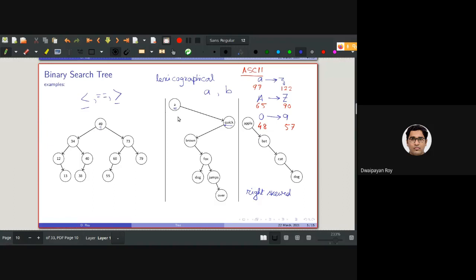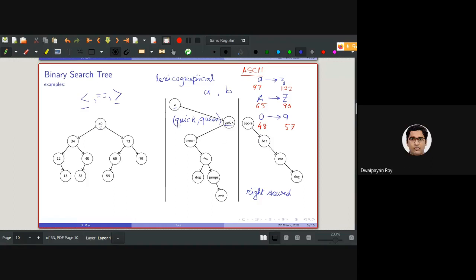So for example, say quick and queen. We need to compare quick and queen. So how do we compare them? The first two characters are the same, so we compare the third characters.